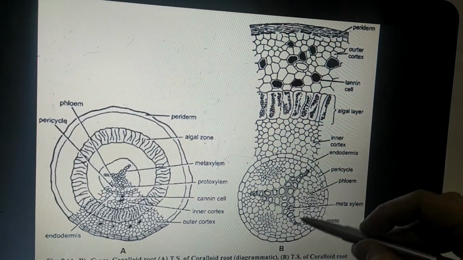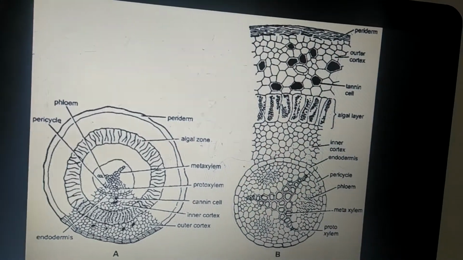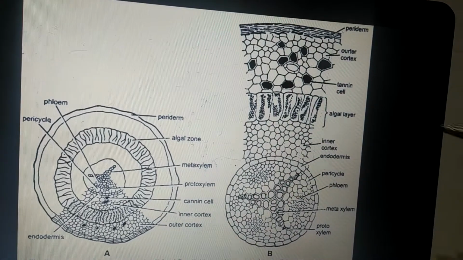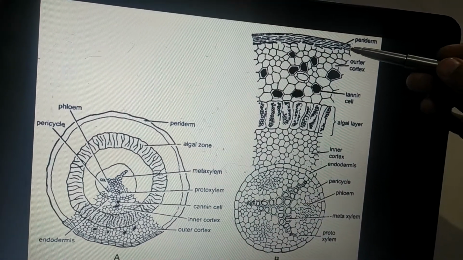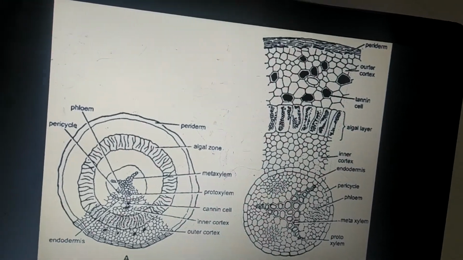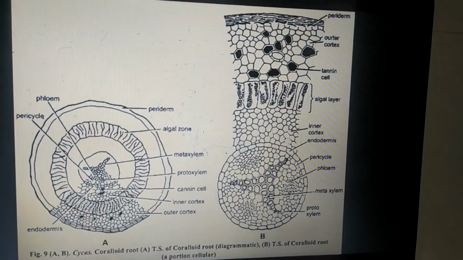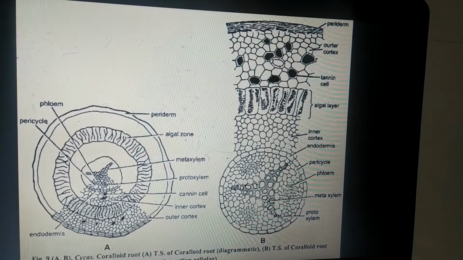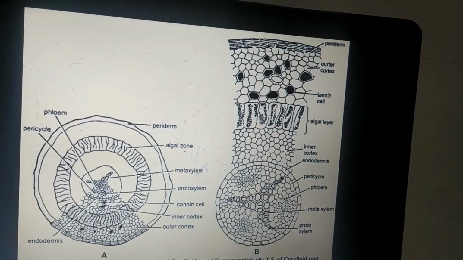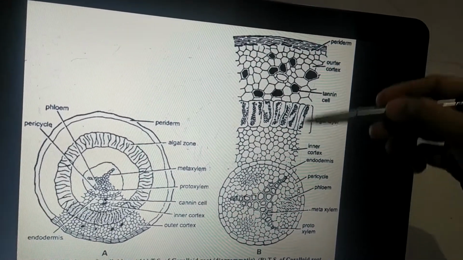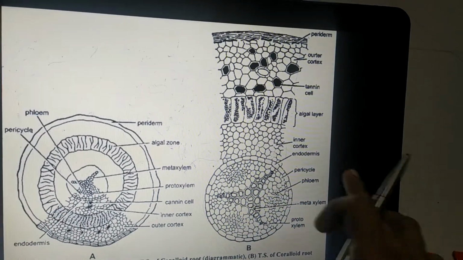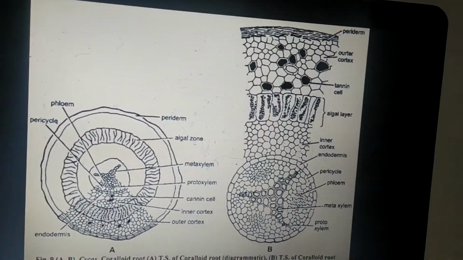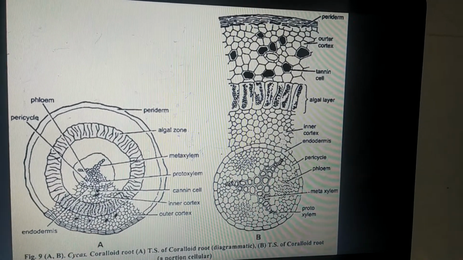Internal to the endodermis, what we have is the pericycle followed by the vascular tissue, and if pith is present, all these structures are called intrastelar. Whereas the regions just above the endodermis, that is the outermost epidermis, hypodermis and the cortical region, form the extrastelar region. So in the coralloid root of Cycas, the extrastelar region shows secondary growth, whereas the intrastelar region won't show any kind of secondary growth.